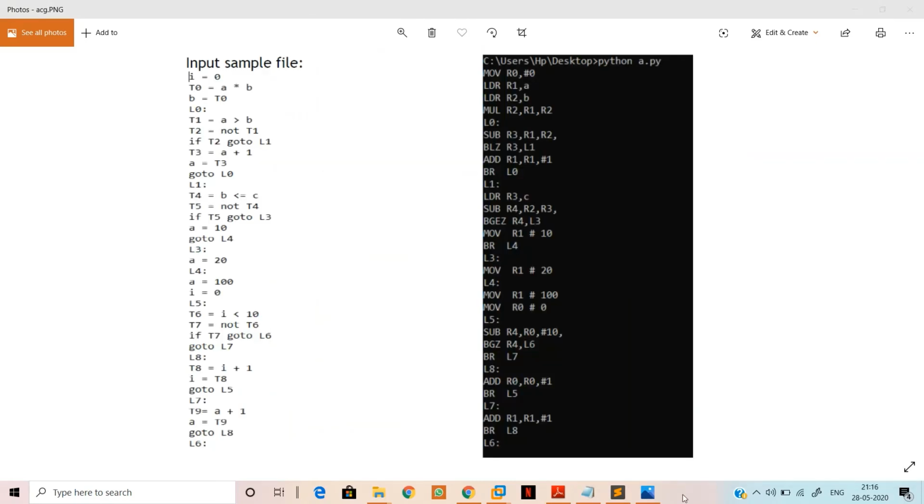So our next phase is the last phase, which is the target code generation, in which we take optimized 3AC code as an input and output assembly code. I'll demonstrate the code with this example.